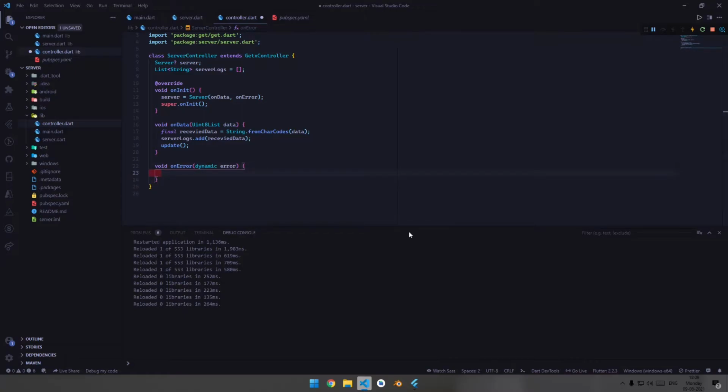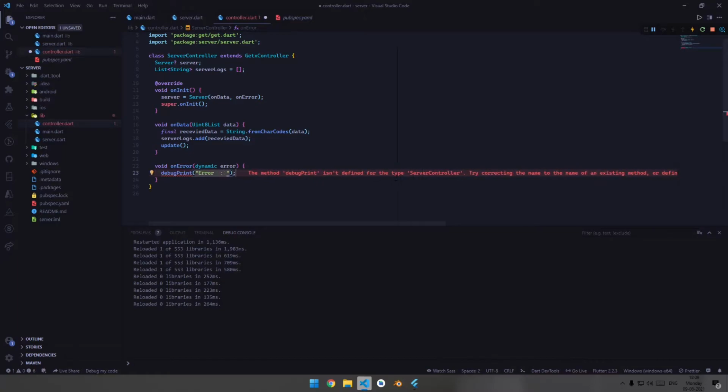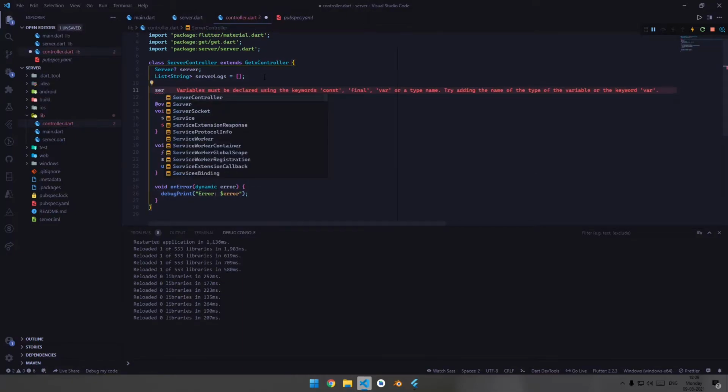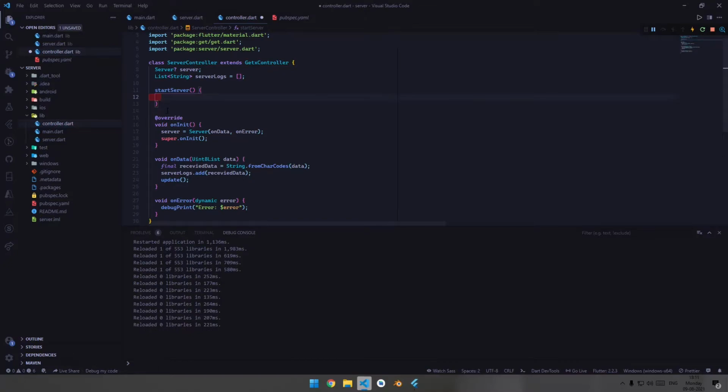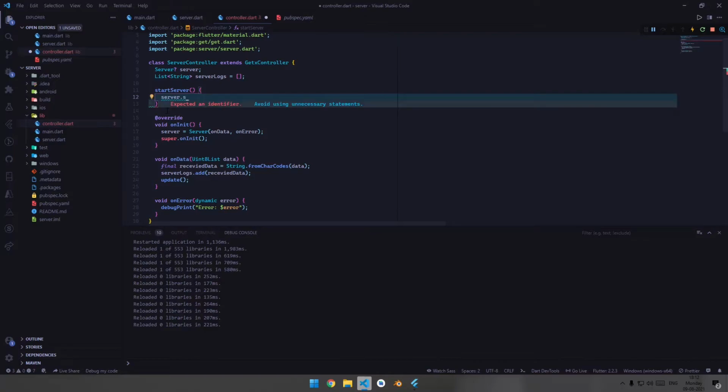And when we receive some error, for now let's simply print the error, and let's import the material package. Now hit Control S. And over here we need to write the code for starting the server. Start server. Initially when we are calling this controller, we simply call server.start to start the server.